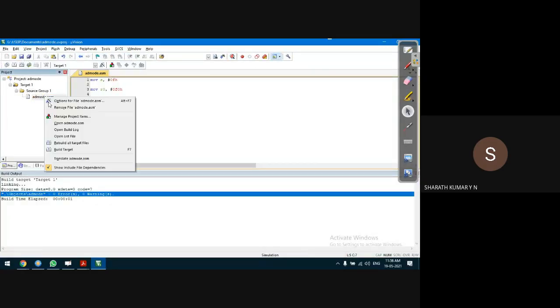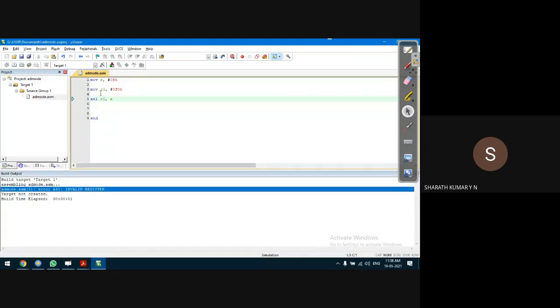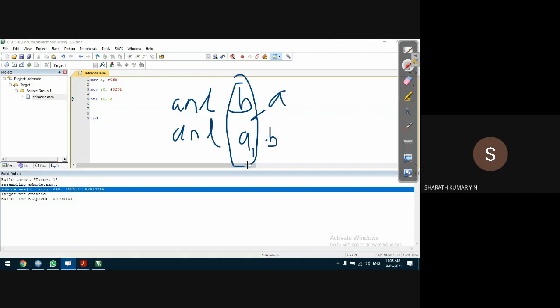Check for syntax error, that is build target: invalid register. This is not possible. So it can be B or A at the destination. ANL B comma A is possible, or ANL A comma B is also possible. But other than B and A in the destination, no other register is possible. Any other register R0 to R7 is not possible.